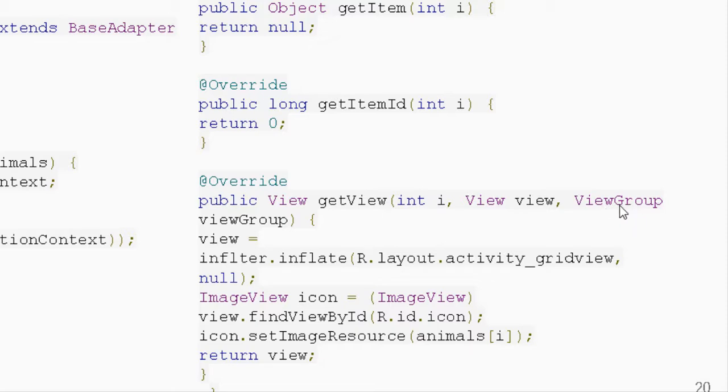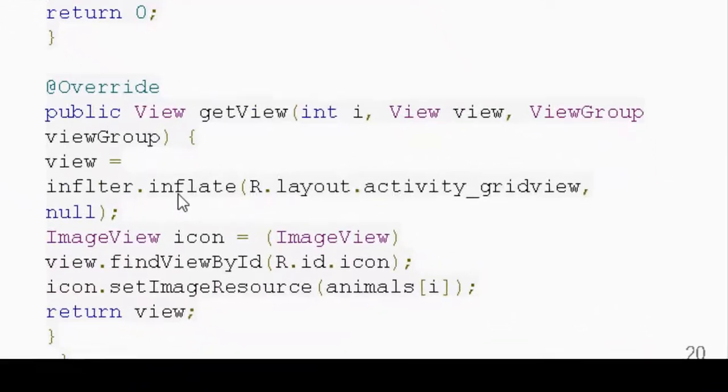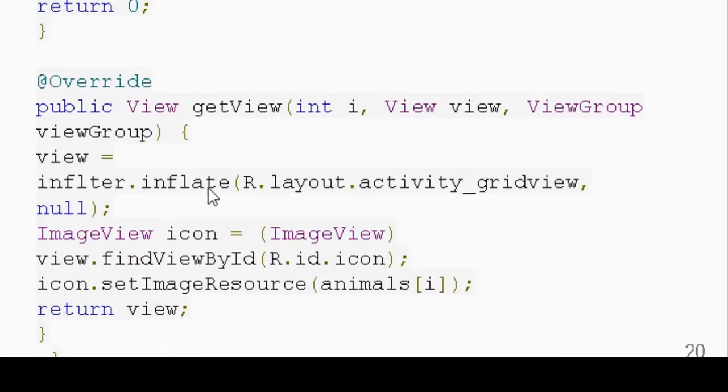Please understand this part, because now I am going to add my custom adapter into this base adapter, and the base adapter will replace your activity_main.xml part. Using this parameter, I am going to use the inflator with the method inflate, and I am going to replace R.layout.activity_grid_view.